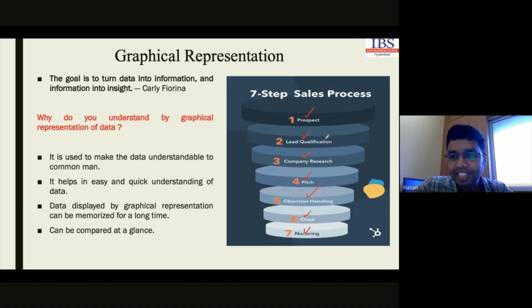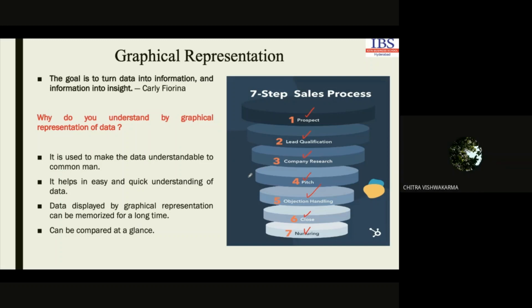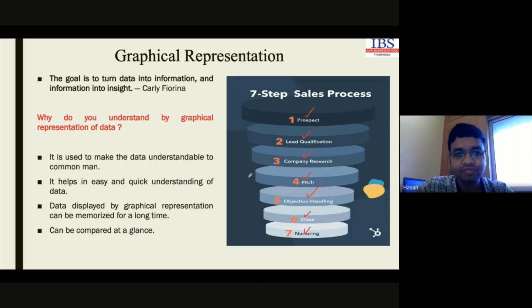So if anybody gives you this particular sequence, which one will come after which, and you have the idea for these processes, then you can easily observe this one and you can follow it, right? You need not study a long story. You can easily observe this one and follow the steps, and it will lead to the sales process, right? Yes, sir. Okay, I have another graph for you.